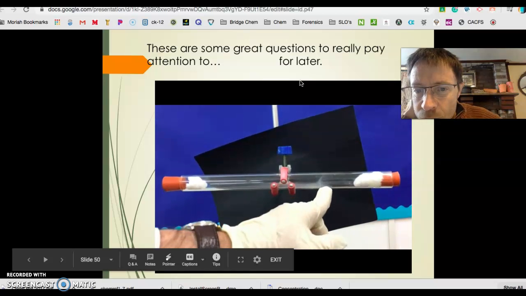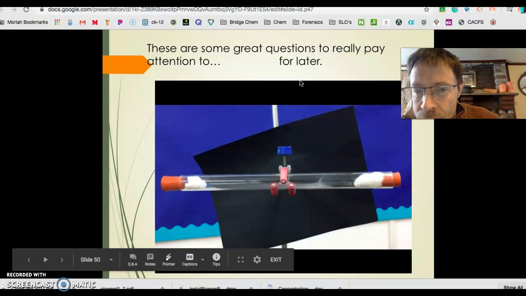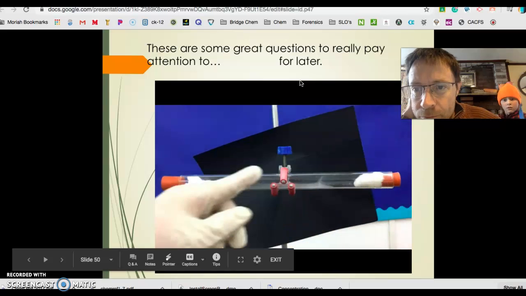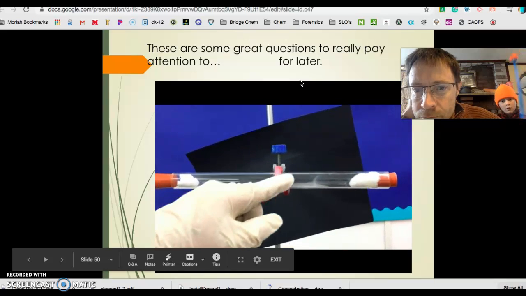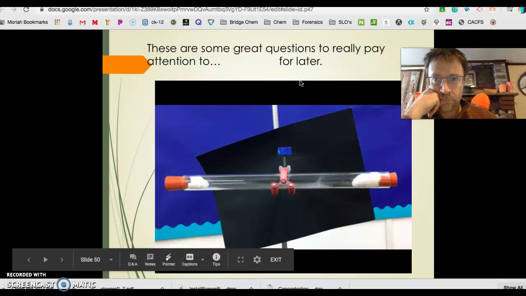As you can see, we get a ring of white ammonium chloride formed. If you notice, it's really far away from the ammonia. The hydrochloric acid and the ammonia diffuse along the tube, and where they meet, we get the NH4Cl,